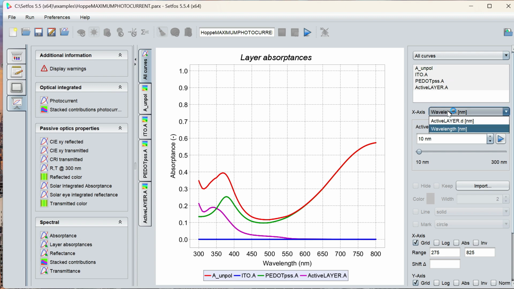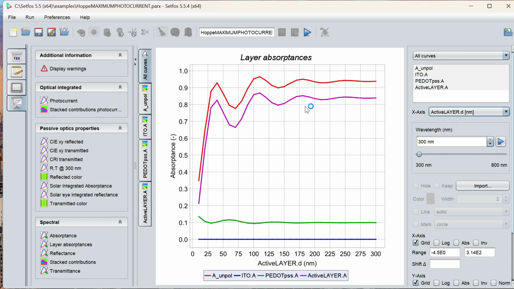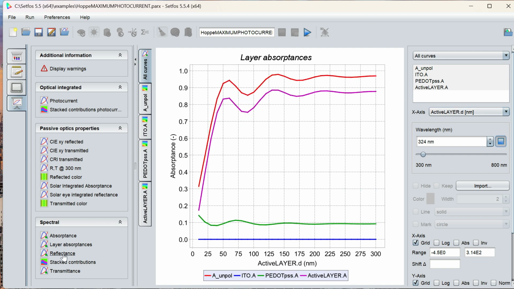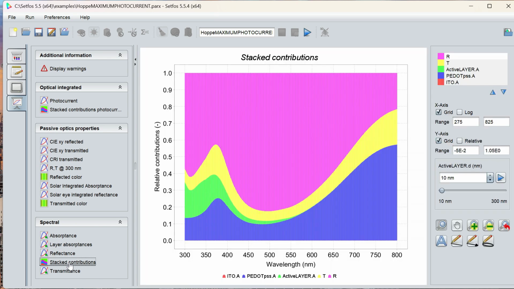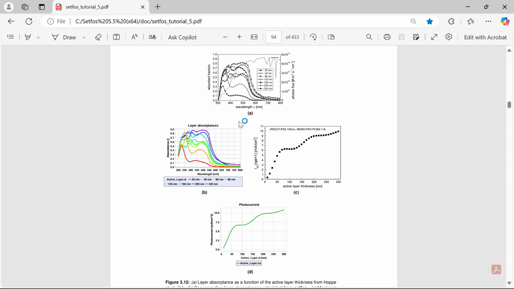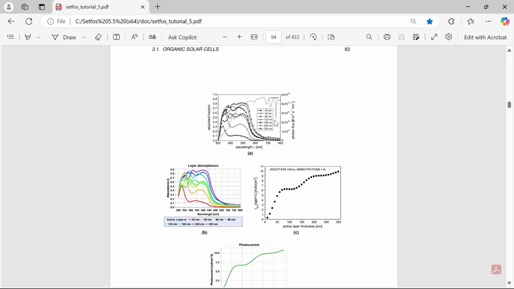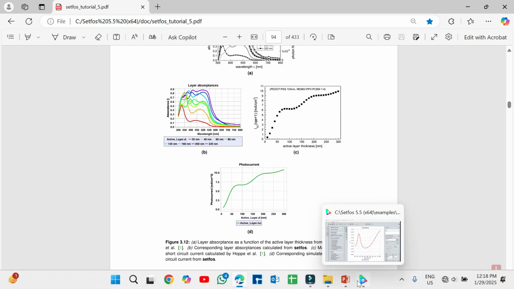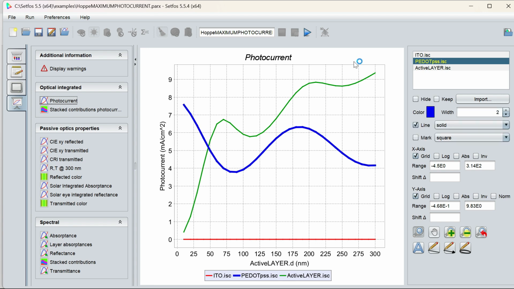layer absorption with respect to the x-axis as thickness. If you click here you can see the variation, reflectance, stacked contribution and transmittance. You can see here the same tutorial which is based on the optical modeling in organic solar cells. As the same graph you can see here in Setfos. If you click like this,